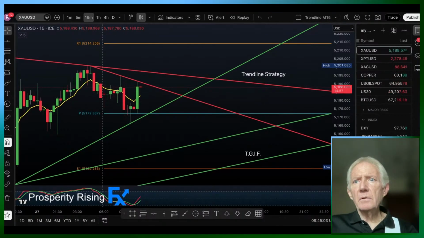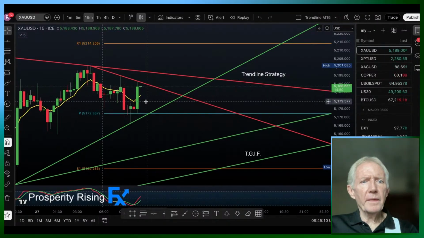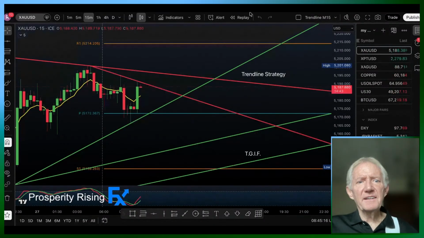And we got another, oh, now the next candle has started. What's it going to do? And while we're waiting on that to show its colors,